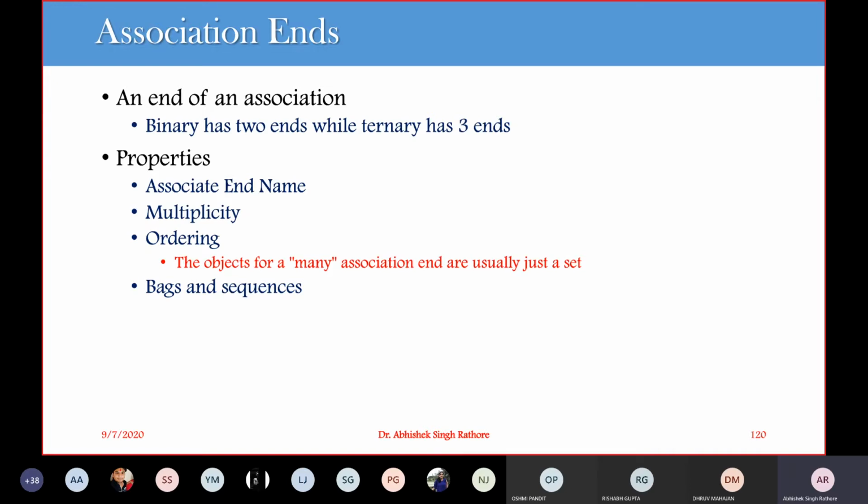First thing is the association end name. When we are implementing this association relationship between the classes, we should specify the name of this association. Why? Because it helps to identify the role of that particular class with the other class. Let's say we are having two classes, a faculty and a student. We can put the association name with each class. Let's say faculty teaches students, or the student learns from faculty. So we have to put all those association names.